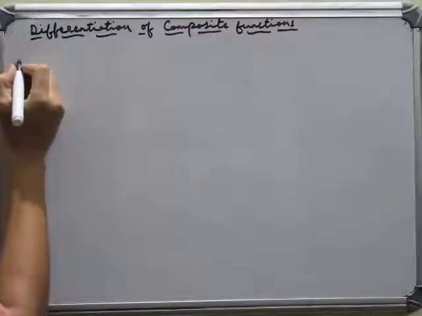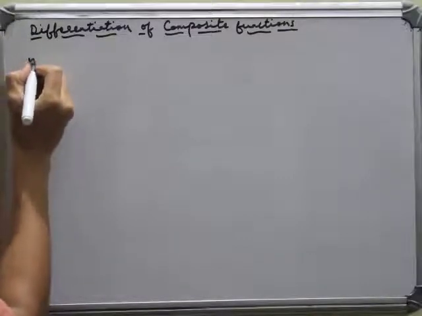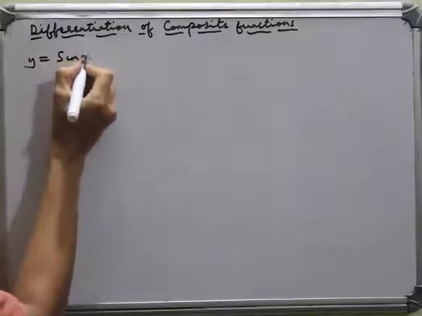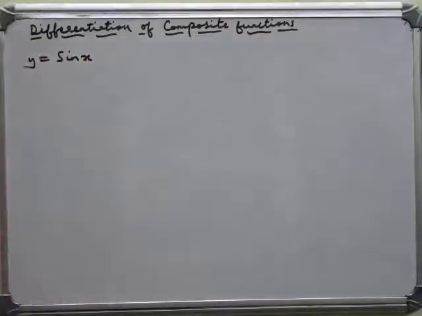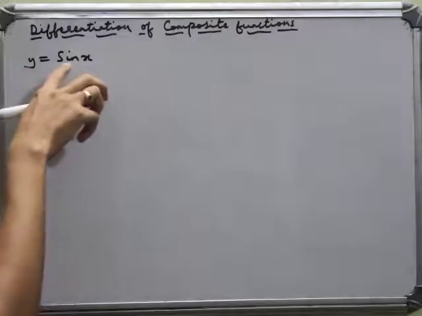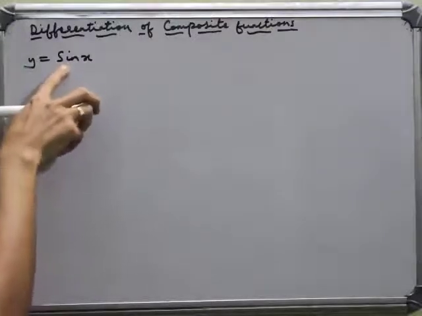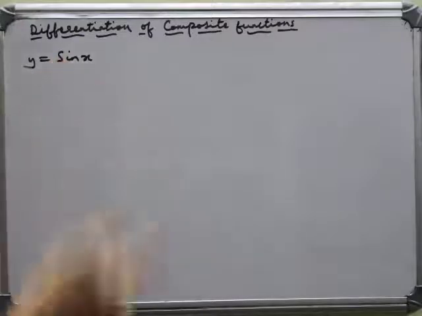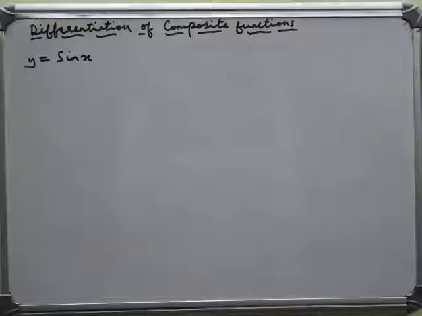Okay, so we'll write y is equal to sin x. Y is equal to sin x. Okay, here y is a function of sin x. Here there is only one function. X is defined as we read it as sin of x. So when I say y is equal to sin of x, this is not a composite function. Okay. Here y is explicitly defined as function of x and x is sin of x.